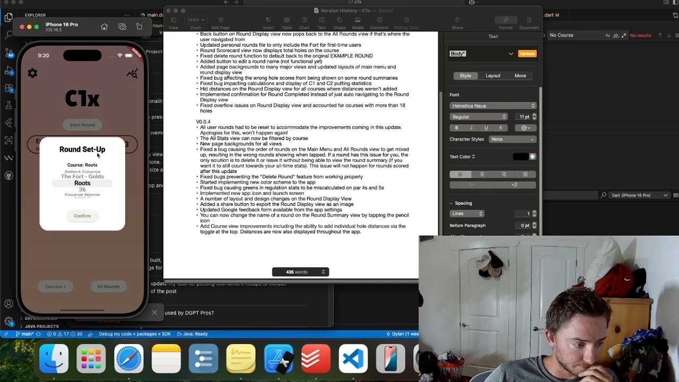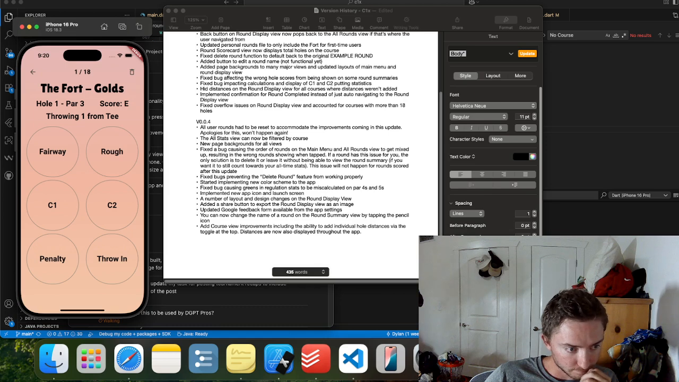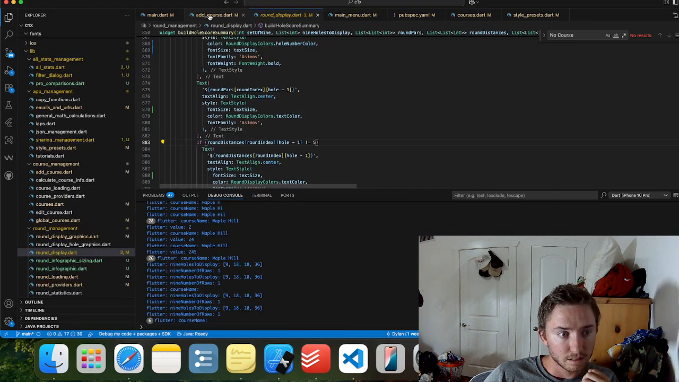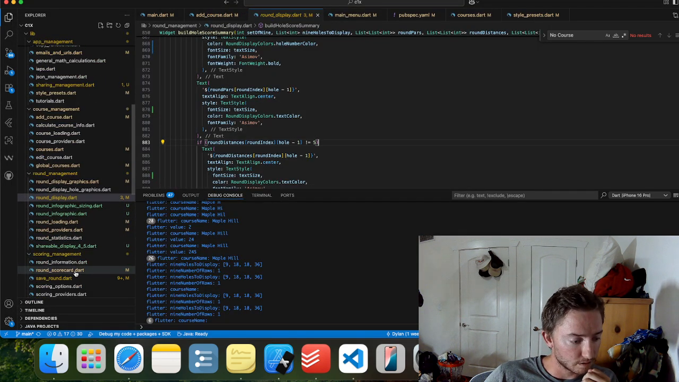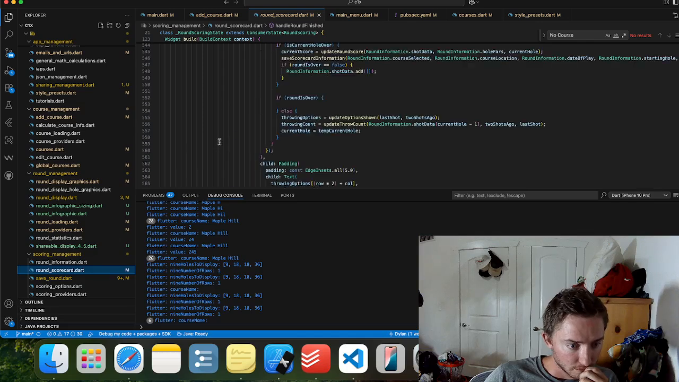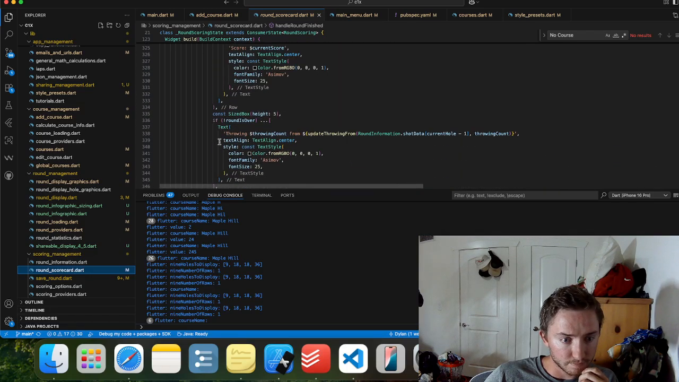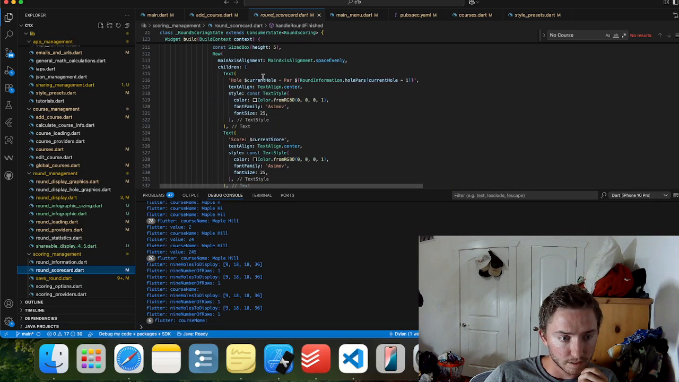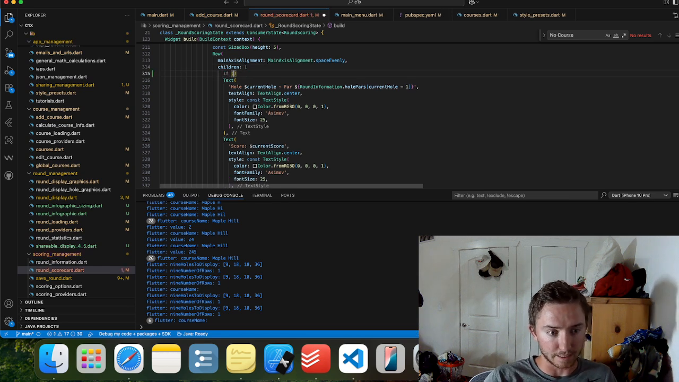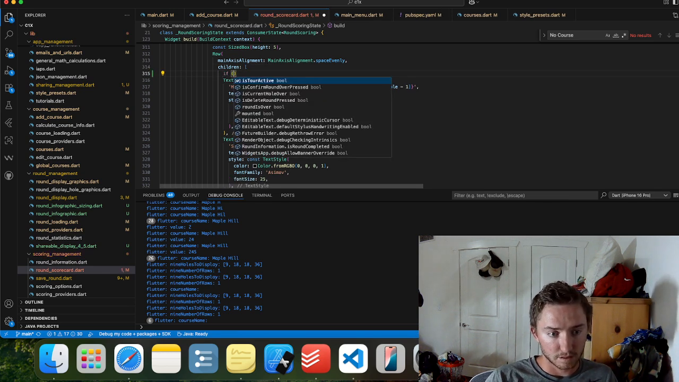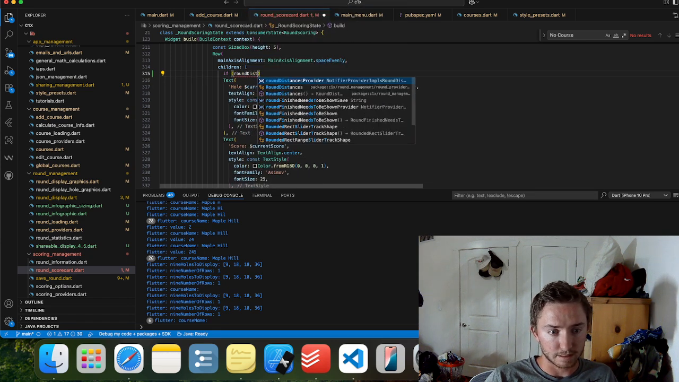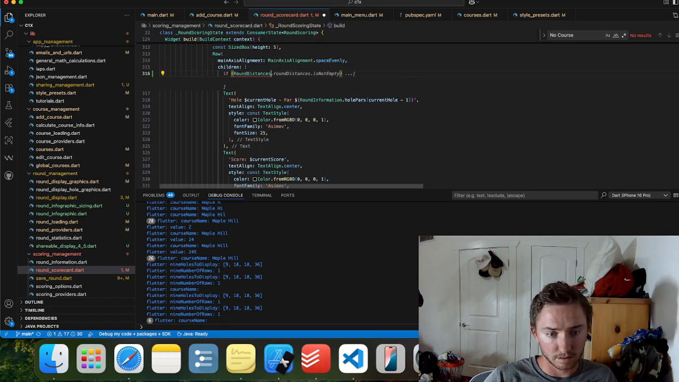Showing them on a scorecard. That would be the only other spot. If I could show like a little parentheses distance there. Let's go to the scorecard. Drawing from, there we go. So here I'm going to do an if round distances, or we can do round information